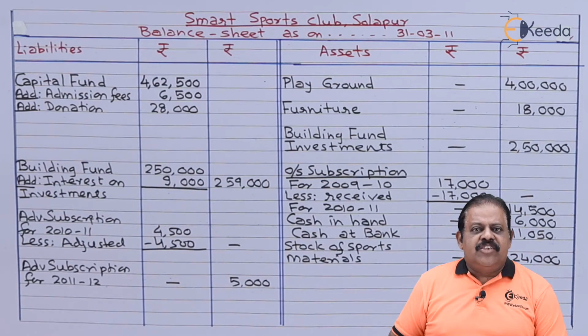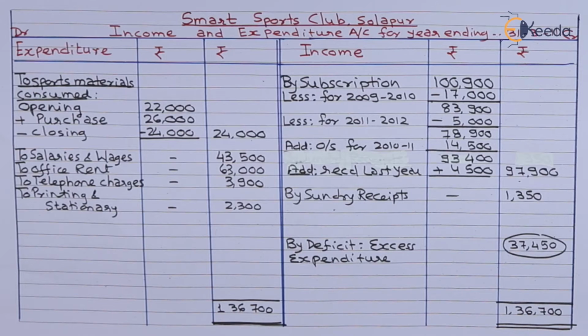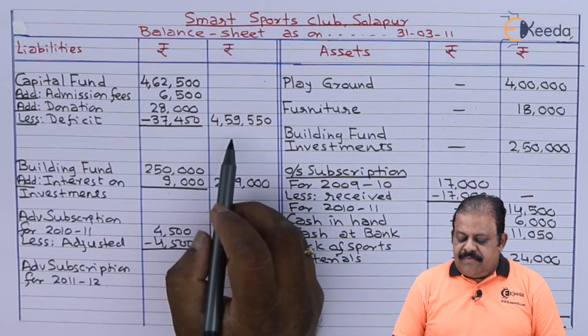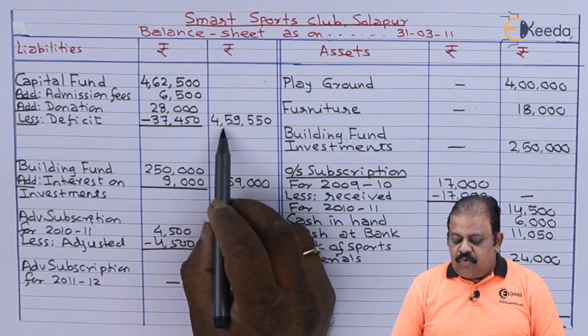We have recorded all adjustments. Let us close now income and expenditure account and balance sheet. We have closed income and expenditure account. We are getting balancing figure on credit side 37,450. It shows excess of expenditure over income, that is deficit. This amount will be deducted from capital fund on liability side. So here we have closing capital fund